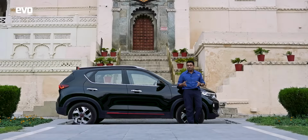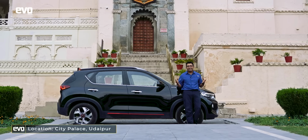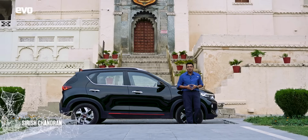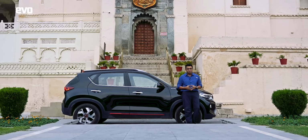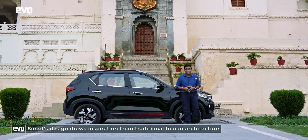The palaces of Udaipur, particularly the City Palace complex, are something else. Magnificent pieces of architecture that have stood the test of time. A window into India's past, its roots, but they're also shaping its future. Take a look at the Kia Sonet, one of the most striking cars on the roads right now and the